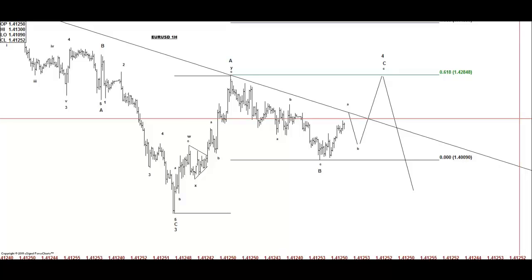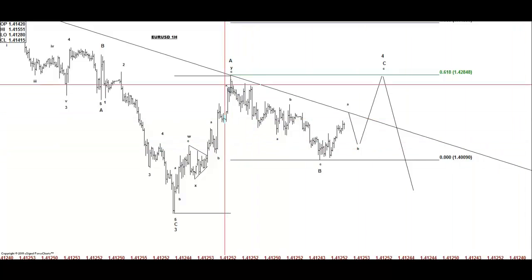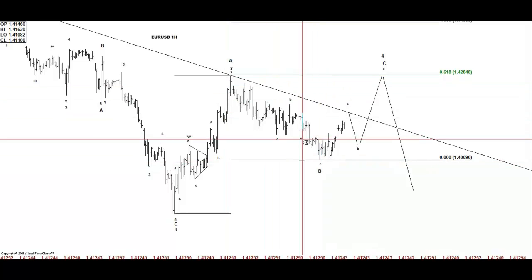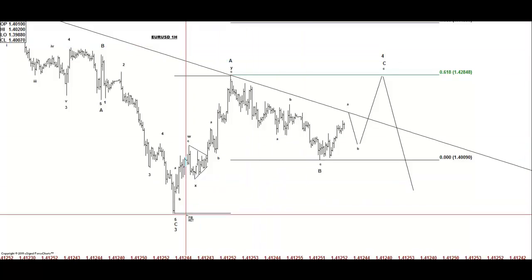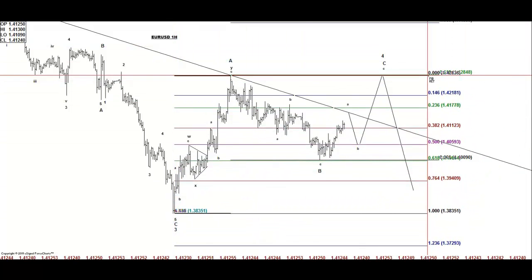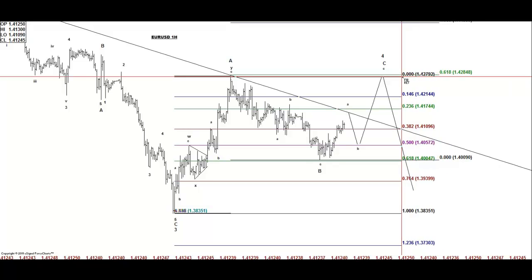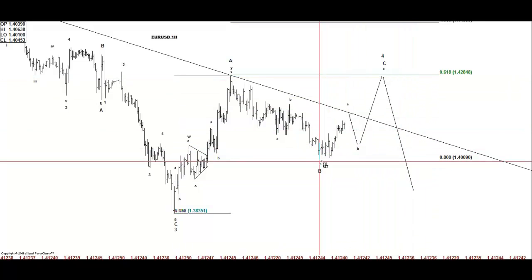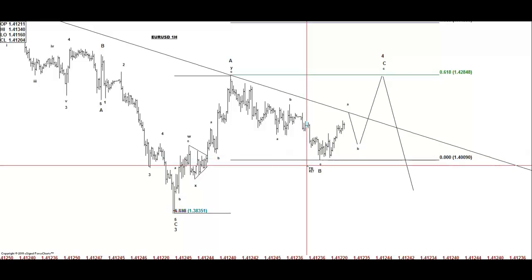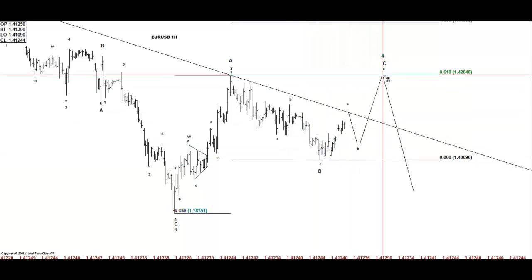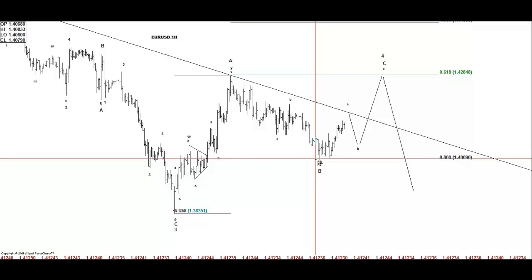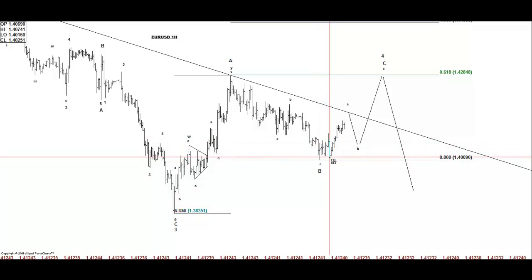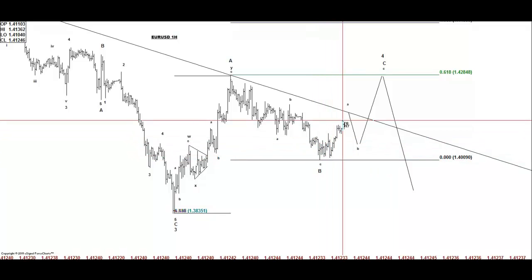Guys, the market finally looks like it ended the proposed wave B that we were waiting for the last 3 or 4 days. The drop on the euro dollar and the proposed wave B almost got to the 618, and from there, now what we should get is a three-way move to about 142.83. Now, what we have so far, it looks like we have 1, 2, and we should be now in